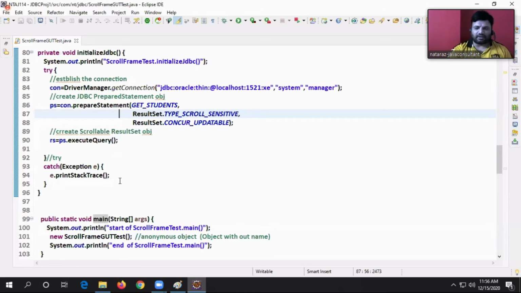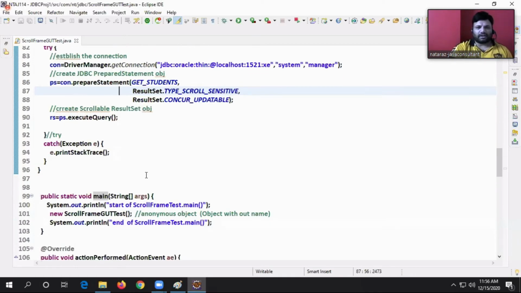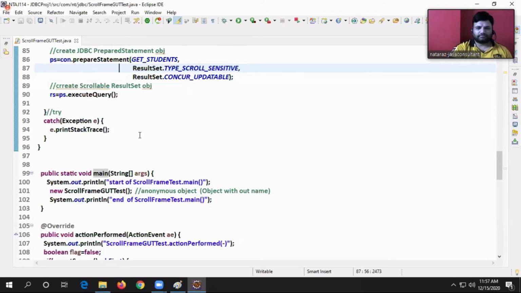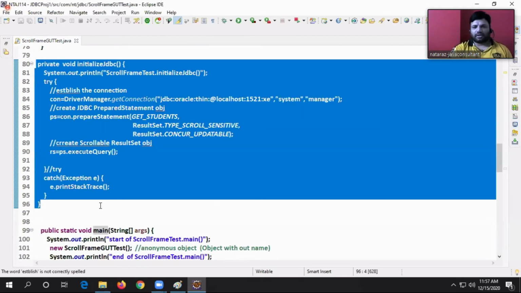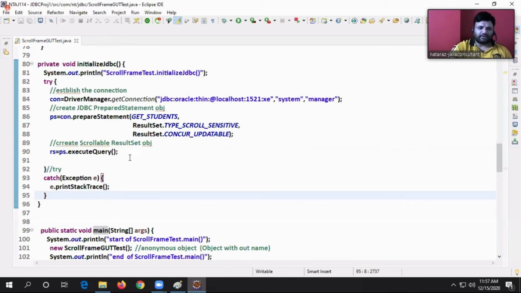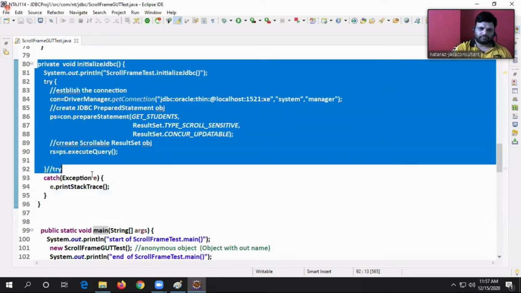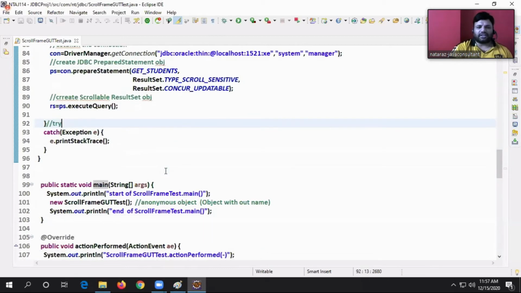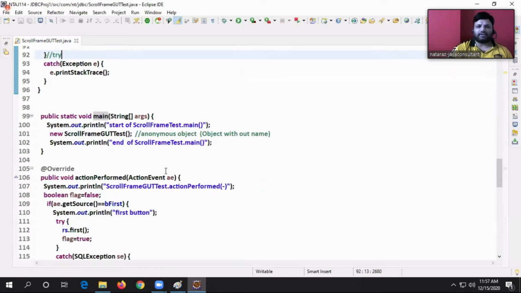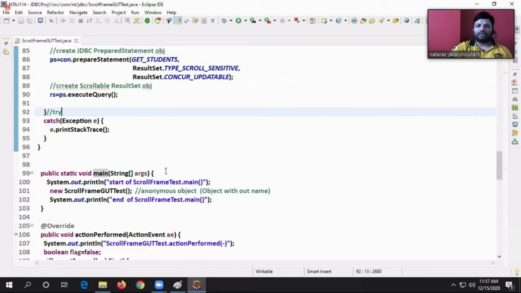After that, what next? This is initialize JDBC. After that, what next, guys? Come on. With this, the appearance will come.